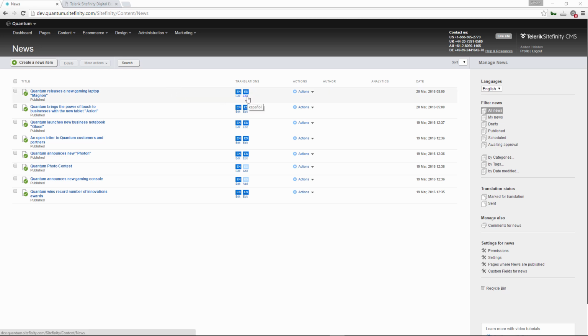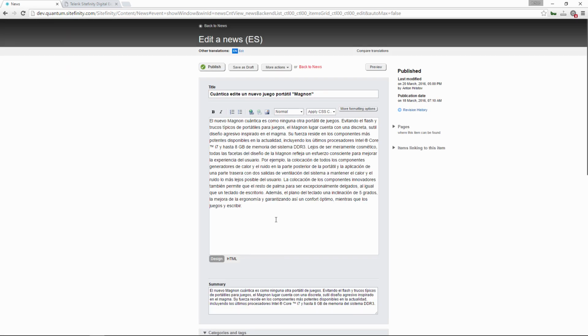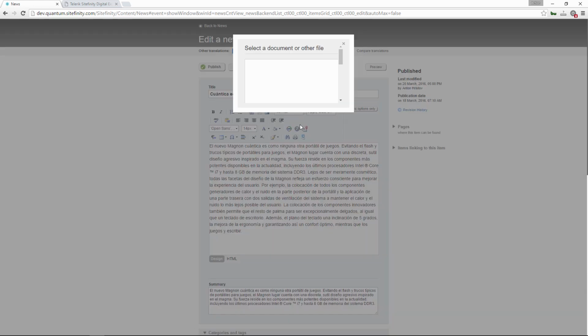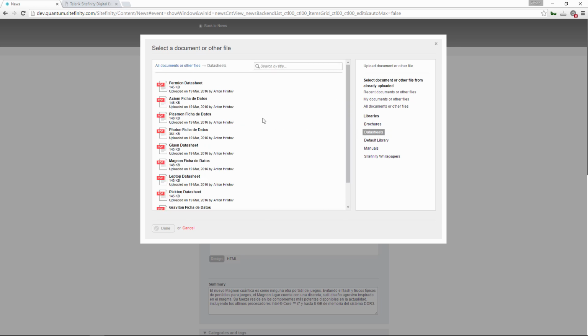But if we open the Spanish version of one of those articles and decide that we want to insert a link to a document or an image for that matter, the system is smart enough to know that we're looking at the Spanish version of this article, and it will show us the respective Spanish versions of the digital assets, for our datasheets here in this case. And if there isn't such a translation, the system would default to English, which is the default language for the website.